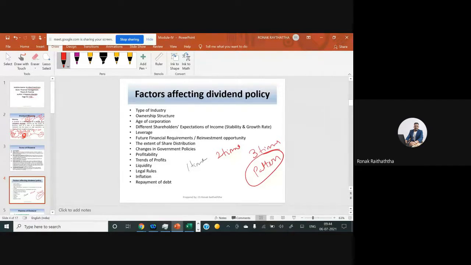Now, my friend, if you observe a trend that the profit percentage is continuously diminishing over a period of years, then even though you may have a good amount of profits at this point, you still will not pay the dividend because you know that we are at a diminishing point right now. Our profit percentages as well as the profits are continuously decreasing. So what are the trends in profit? If the trend is upward, then even with a lesser amount of profit, you may afford to give a good amount of dividend because you know that in the upcoming years, you are anyway going to increase the profits. So the trend of the profit also matters.